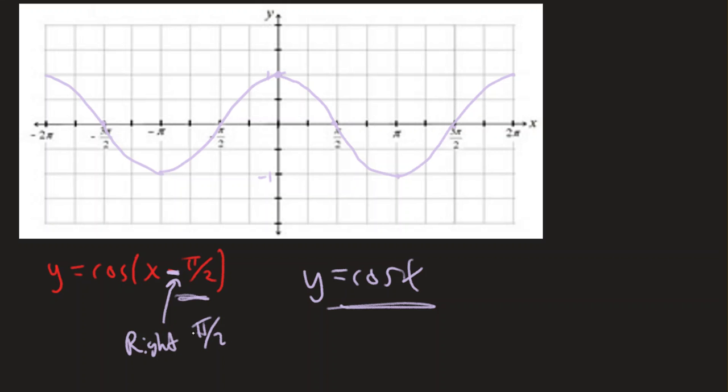And then I can just say, well, all right, the only difference with the graph I actually want is I want it to be shifted right pi over 2. So look at the graph, figure out how much space is pi over 2. If this is 0 and this is pi over 2, looks like 2 tick marks on the x-axis is shifting right pi over 2. So I could take this point, shift it over, this point right pi over 2, this point right pi over 2, this point right pi over 2, and this point,